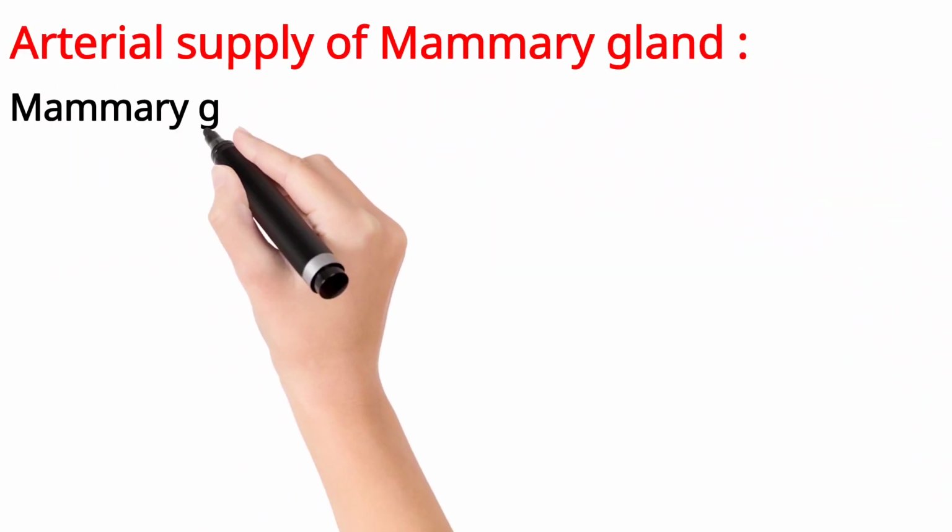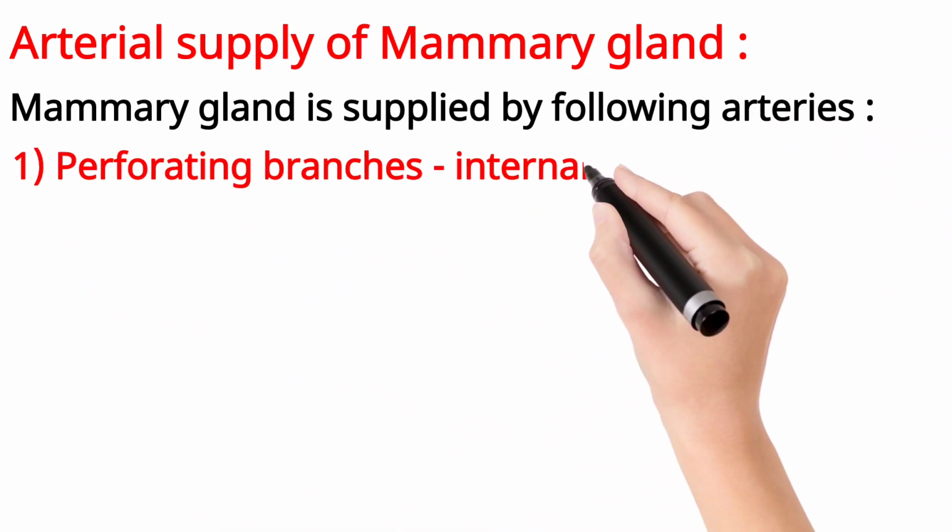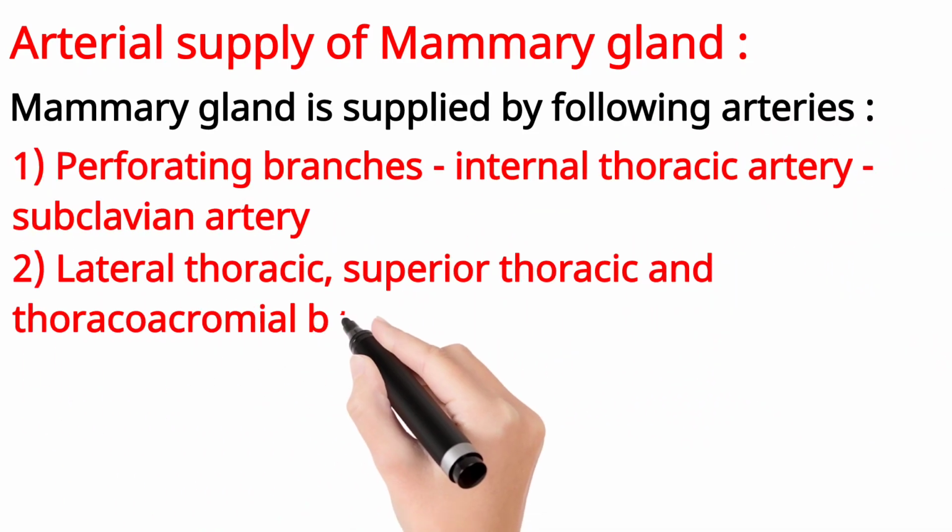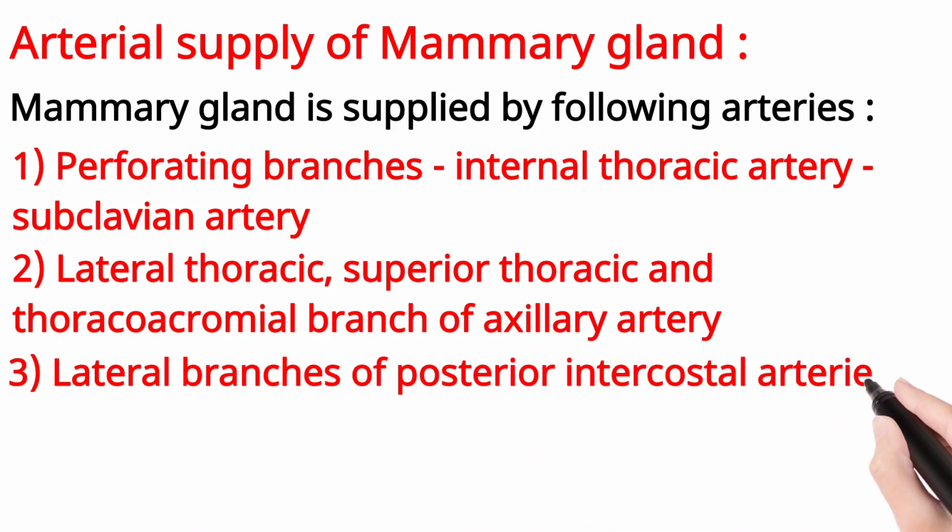Mammary gland has two surfaces, anterior surface and posterior surface. The posterior surface of the mammary gland is relatively avascular because the arteries which are supplying the mammary gland are converging near the anterior surface of the mammary gland. Therefore, the posterior surface becomes relatively avascular when compared to the anterior surface. Okay. Now, the anterior surface is highly vascular and the mammary gland on a whole is a highly vascular structure.